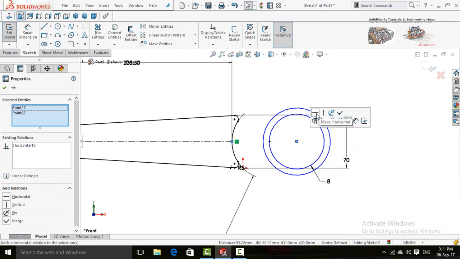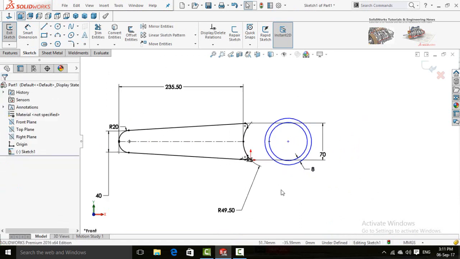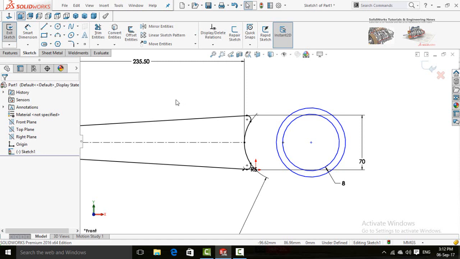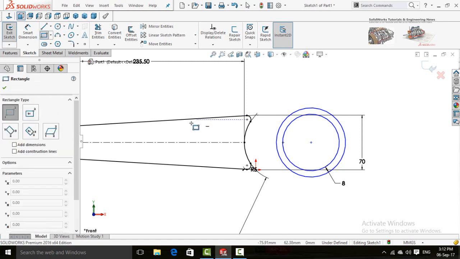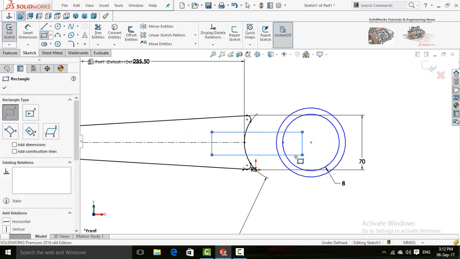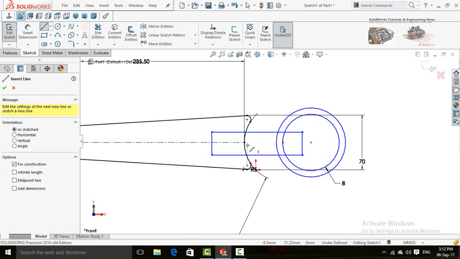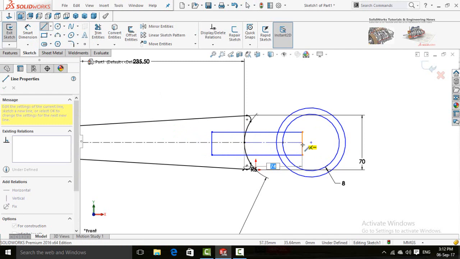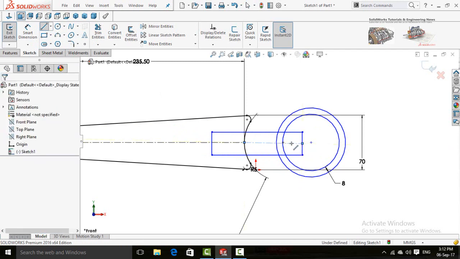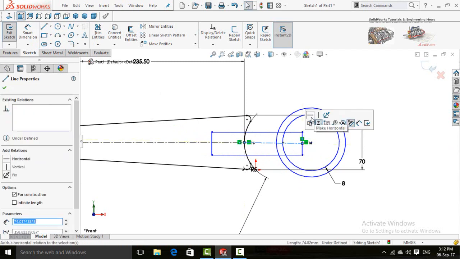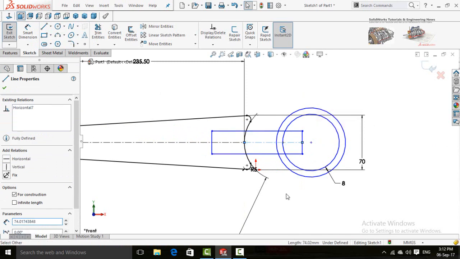Make relation horizontal. Now select a rectangle and draw it like this. After that, select a center line, start it from this point to the midpoint of this rectangle. Click on this center line and make relation horizontal.